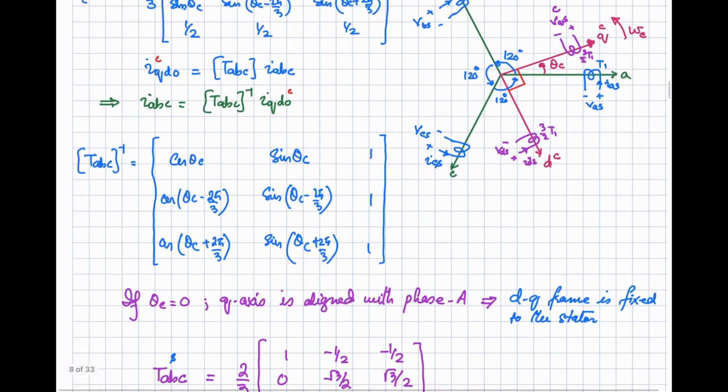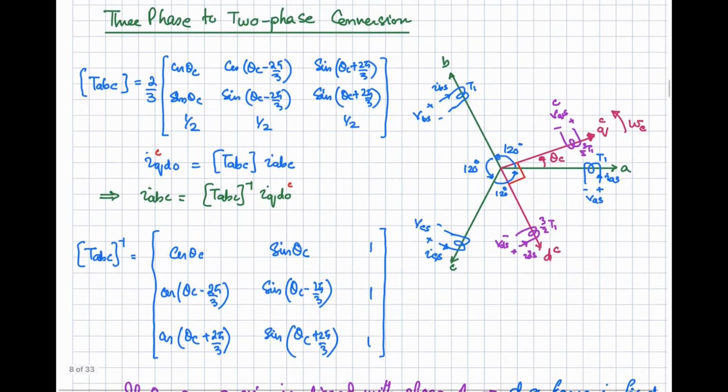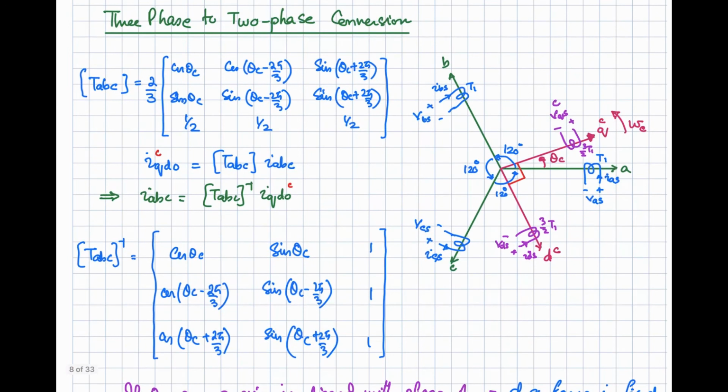So in this way, the first step is that you can translate from ABC to QDO. Okay, what is O over here? This is the zero sequence component. If you remember from the Clark transformation that we discussed in the previous videos, just to make the matrix invertible we consider the zero sequence components along with this QD. In a balanced system this zero sequence component will be 0, right?